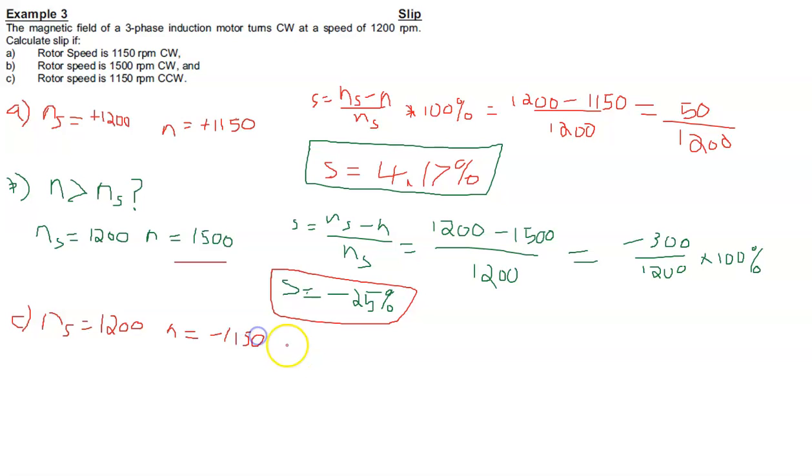And again, if the field was moving counterclockwise and the motor was spinning counterclockwise, and all of a sudden a phase change meant the field reversed to a clockwise direction, that would be what's going on here, possibly. And the idea is that we normally take clockwise as positive, and so therefore it would be negative in this case. And so now the slip would be 1200